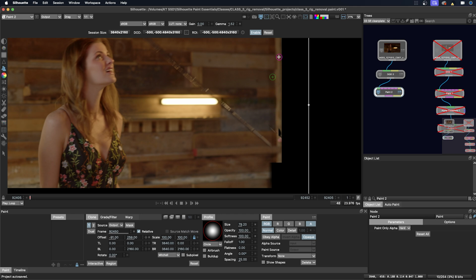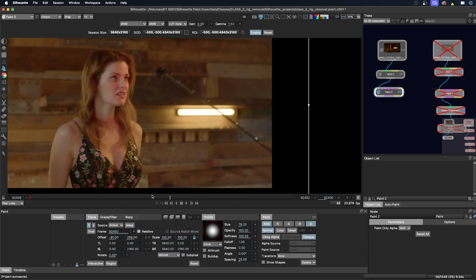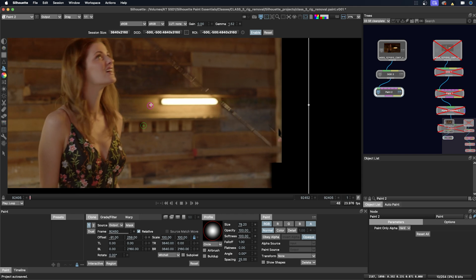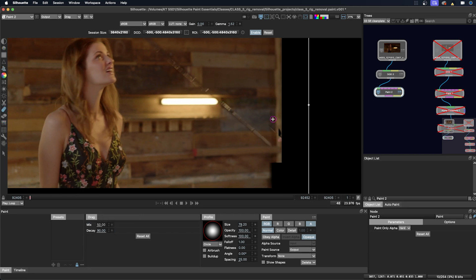And you want to make sure you don't have any edge of frame with your clean plates. So I might just paint out a little bit here, so I have a little extra border in case the tracking sort of moves my plate in a little too much on the left or the right. And mostly the tools I'm going to use would be just the clone tool and the drag tool.